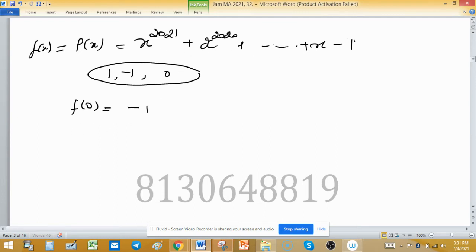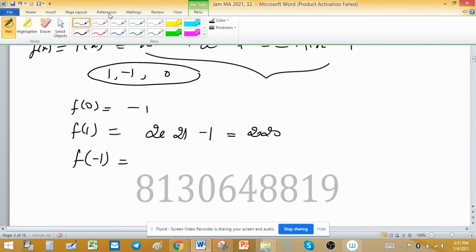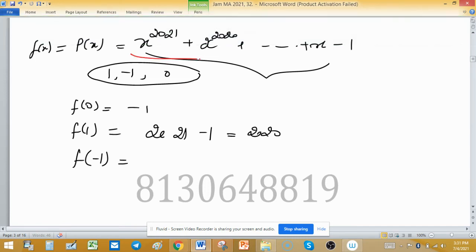because the other terms go to 0. The value of f(1) will be, up to here, positive values and minus 1. There are 2021 terms, so 2021 minus 1 equals 2020. So this is the value of f(1), and the value of f at minus 1 will be, up to this,